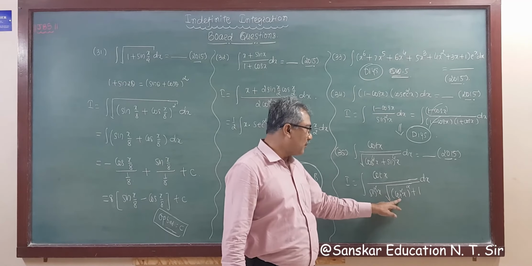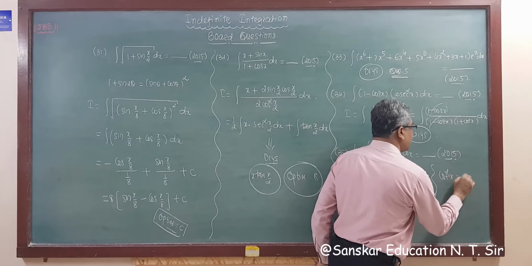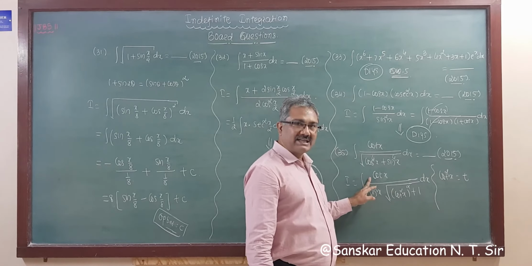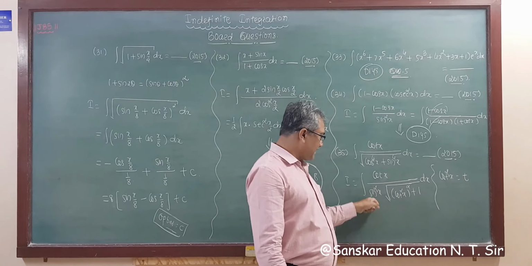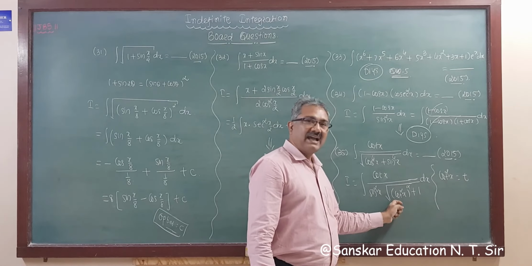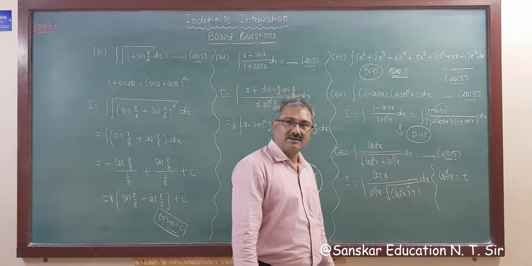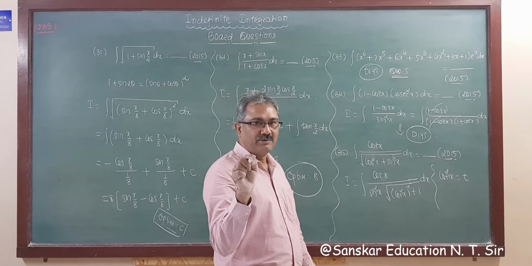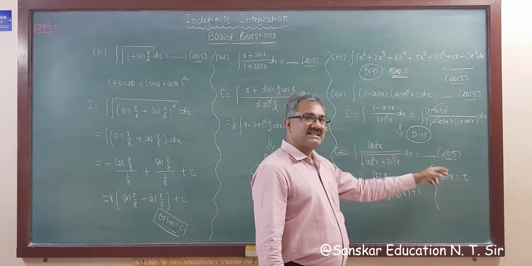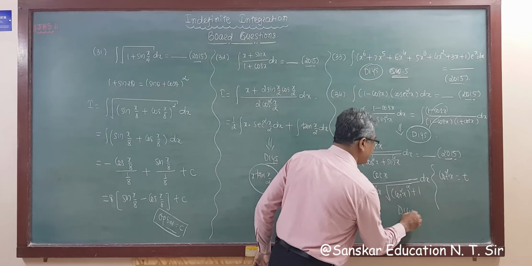Now if we assume cot square x is equal to t, right? What do we have to assume? Cot square x is equal to t. Then the derivative of this is 2 cot x, that is cot x, and the derivative of cot x is minus cosec square x, right? And then apply the 1 plus x square formula. 1 upon under root x square plus 1 is log mod x plus. You will get your answer, right? As per my guidance, I gave you a hint, you have to do it, right? So assume cot square x is equal to t, differentiate, and you will get your answer. So do it yourself now, okay?